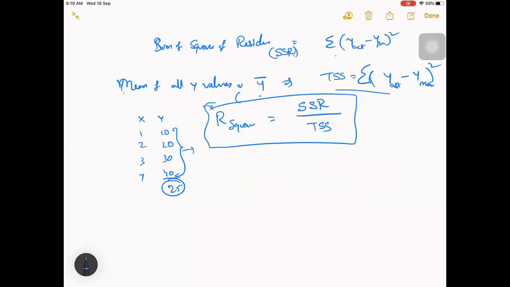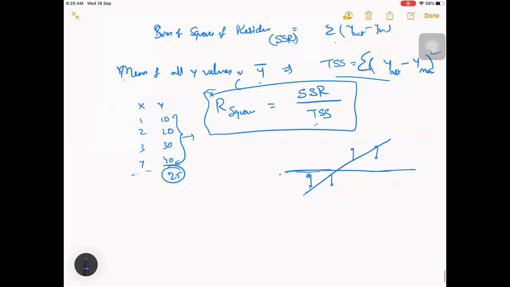So what does this signify? Let's try to picturize that. You have a line and you have residues. The top portion is representing this, and the bottom portion is the mean, something like this. Y equal to 25 in this case is the mean here. So it's calculating how different it is from our mean. Let's say you have some values here, right?